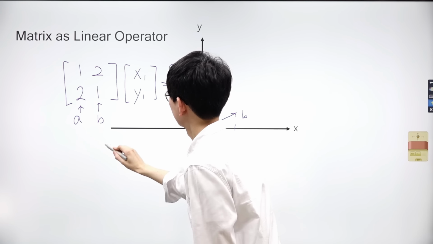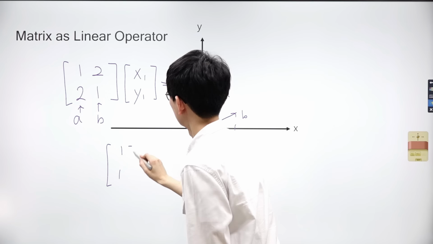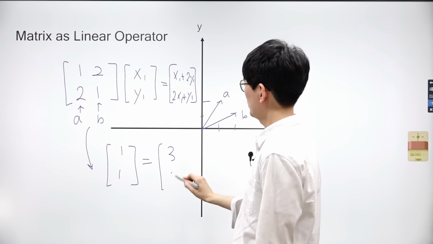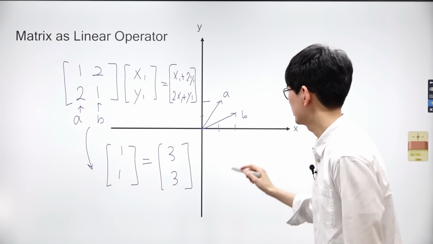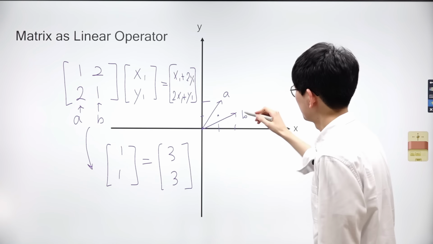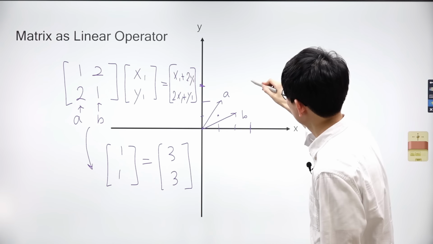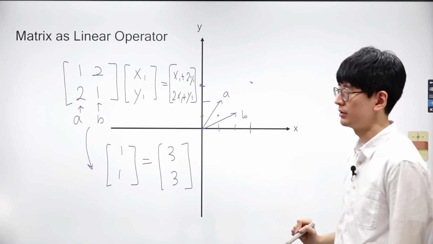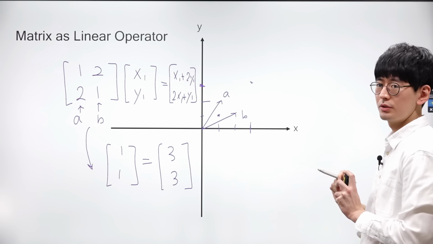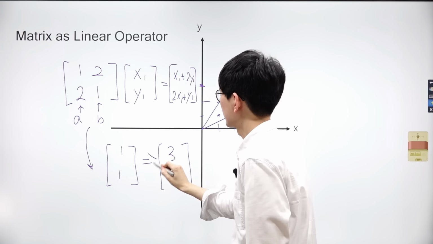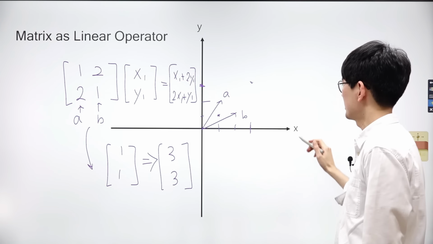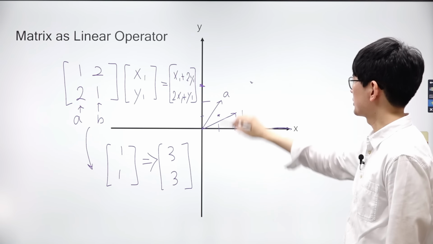If the vector x1, y1 is 1 and 1, the outcome of the equation yields the vector 3 and 3. In simpler terms, when the initial vector 1 and 1 is the input of the matrix vector multiplication, it yields a new vector 3 and 3 as output. What does it signify that the original vector 1 and 1 has shifted to its new coordinates 3 and 3? Let's examine this more closely.